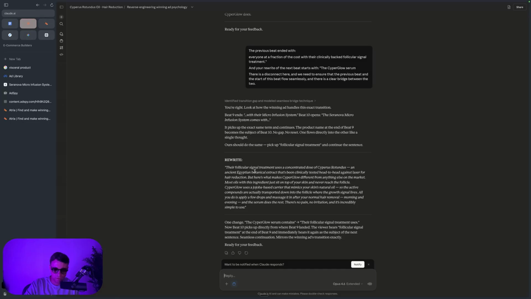"Their follicular signal treatment uses a concentrated dose," so much better. Again, you're referencing the mechanism that we've just finished with on the previous beat. So it flows. There's no disconnect there. I hope you guys can see that. It's super important to make sure that everything flows seamlessly and you don't have any disconnects. That's if you want the best hold rates, by the way. It needs to just be so seamless. "Their follicular signal treatment uses a concentrated dose of Cyperus rotundus, an ancient Egyptian botanical extract that's been clinically tested